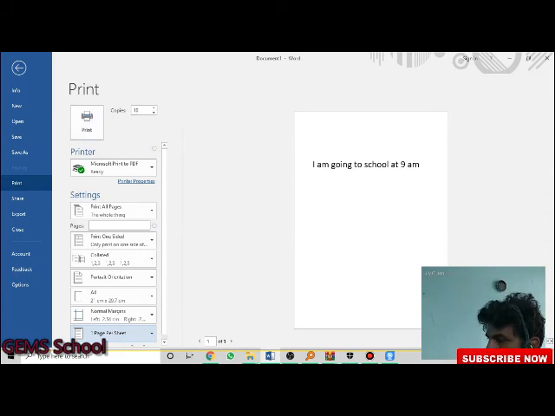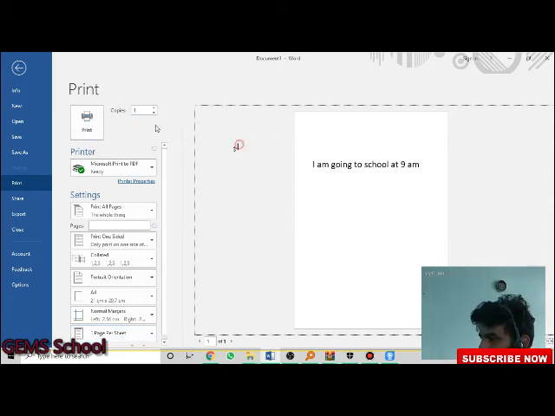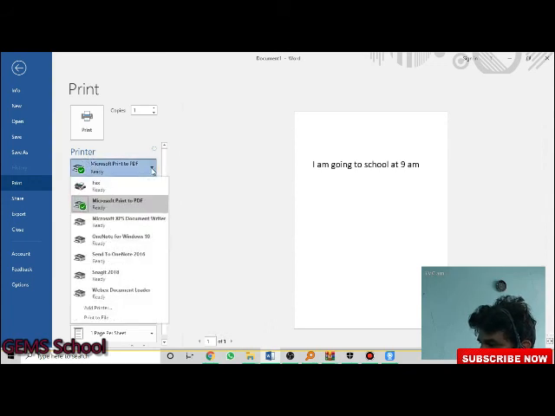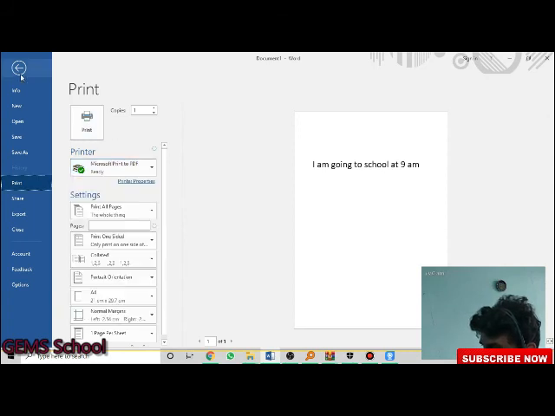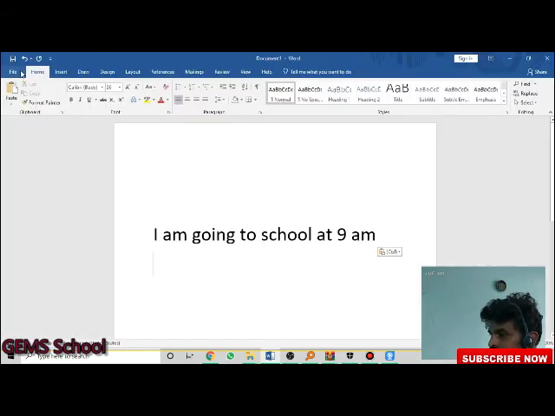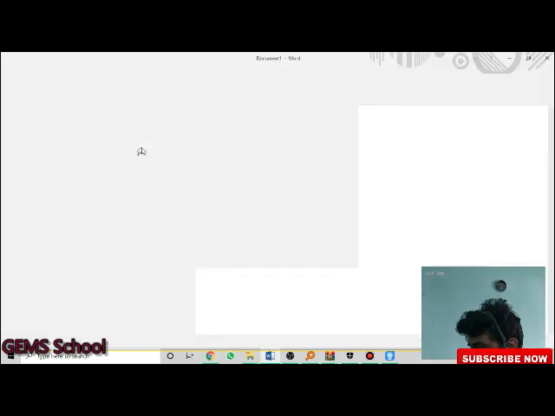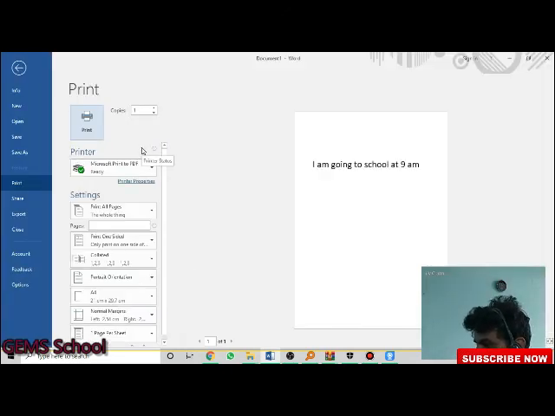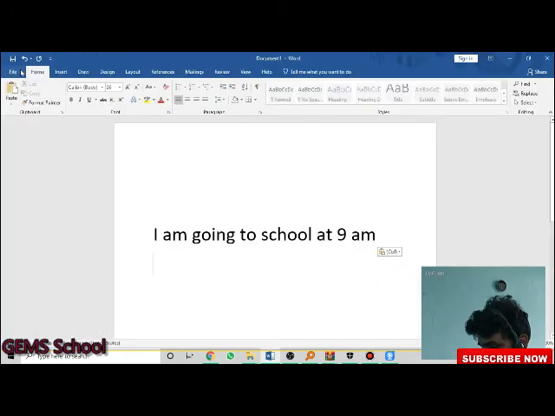Now here, if you want to take the printout, this is enough, just click it. There are options given for the printer. For example, you may have more than 4 printers. Which printer is now active? Just go and check it. The arrow button will display the number of printers. Just click it, select the active printer and click print. The printout will be taken. Another option is control plus P. You can bring up the printer with that also.